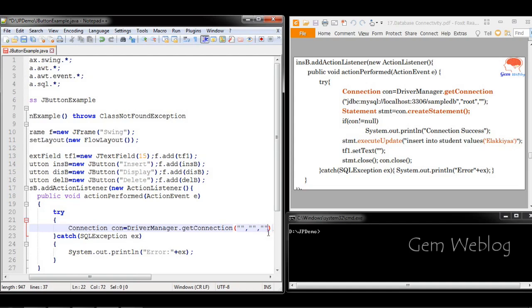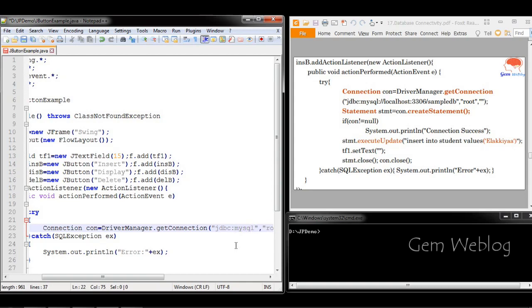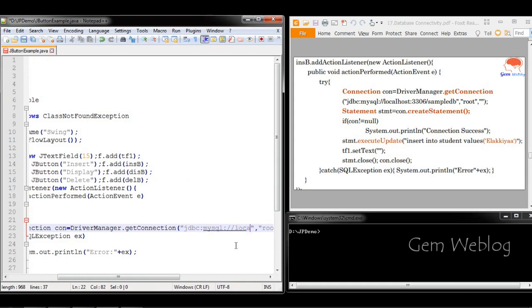Since we are not going to provide any password, we are not going to give any value in the third parameter. In the second parameter you have to provide the username. Here the username for the database is root. Then the first parameter is the path of the database. So here, JDBC colon MySQL colon, it is executing on the localhost.